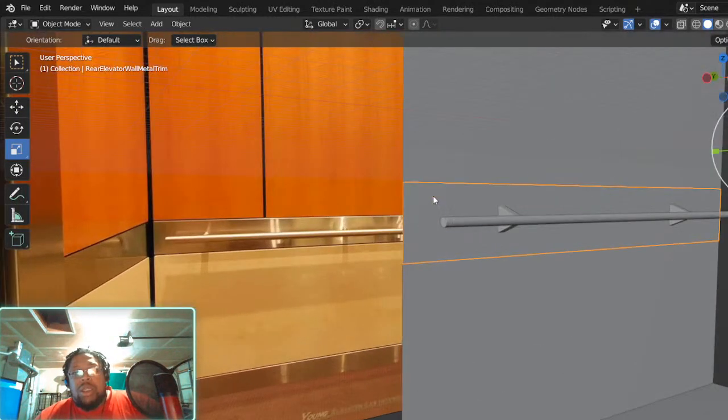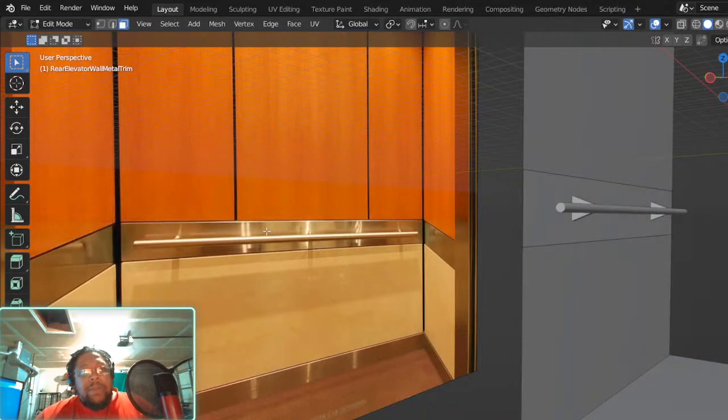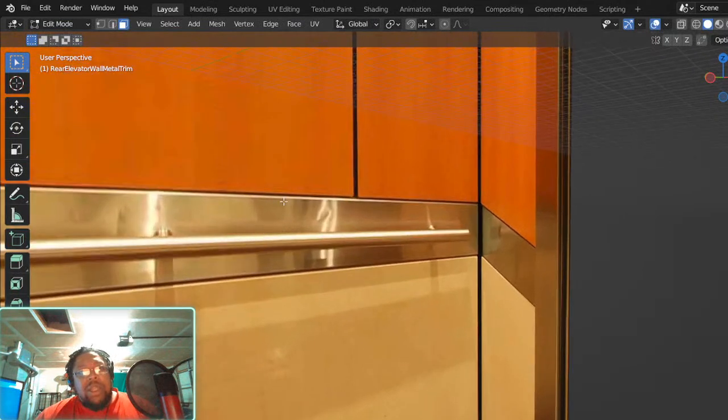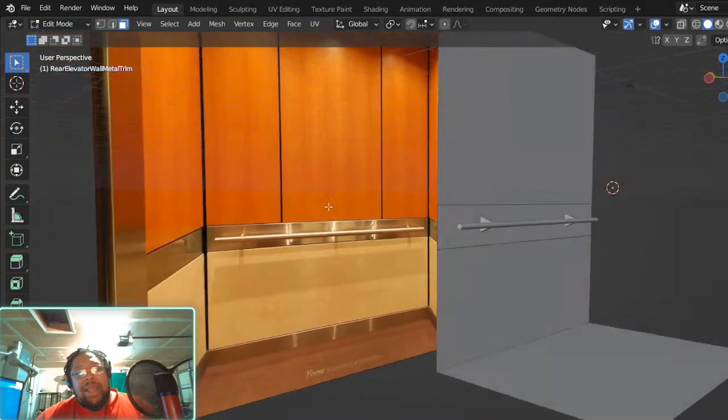So here is the thing about this. If you look at this, it looks like these corners sort of bend slightly. We've got a roundish shape, and there's a gap between it, and I want to emulate that gap.